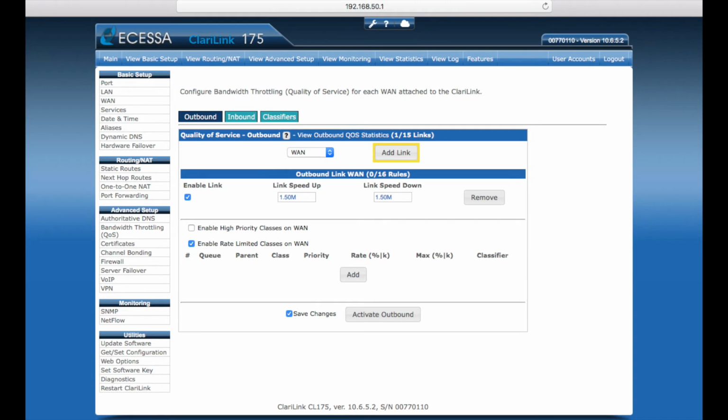To explore some specific examples, let's add a WAN entry to start. In the background, it automatically created the root class by default when I added the WAN. In this example, let's say we want to create a set of QoS rules to support SIP traffic. To do so, we'll want to set up a few classifiers, so let's go over to that section and add a classifier.